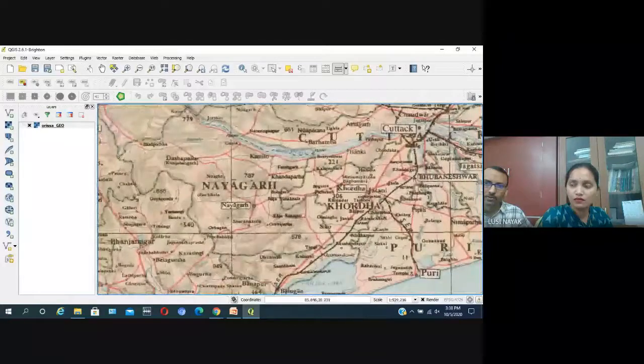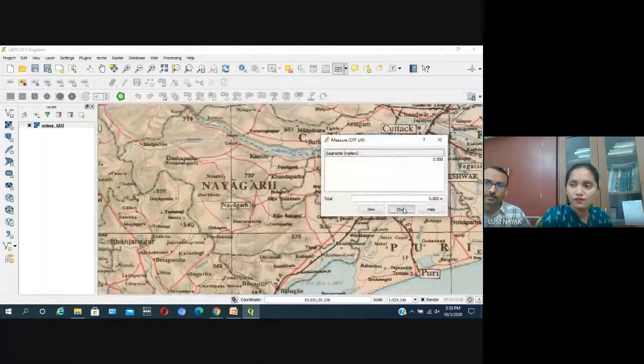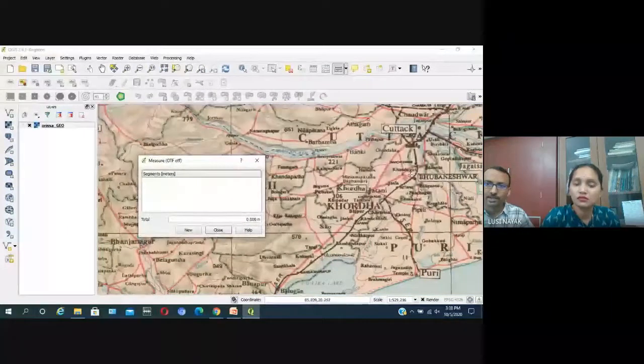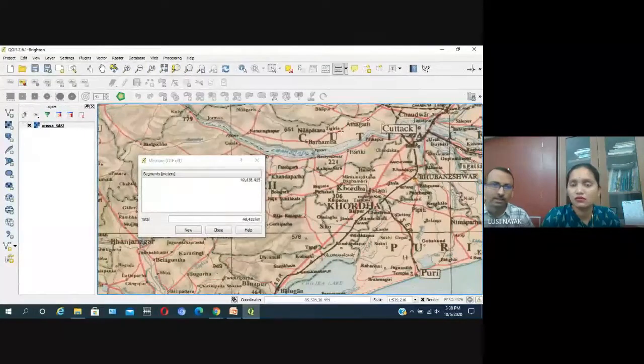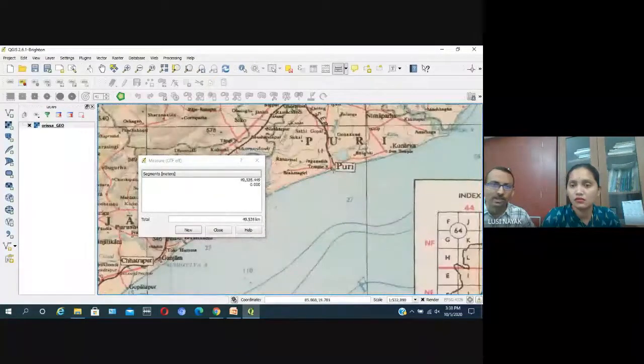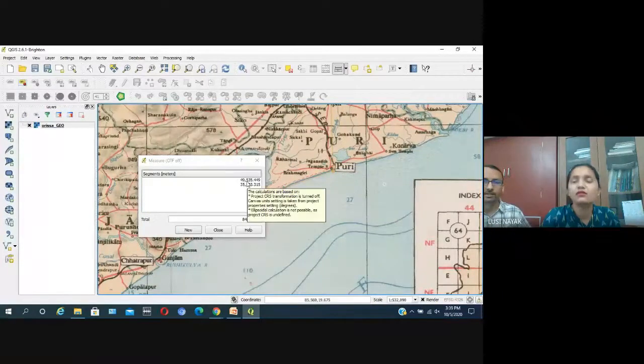Here is Bhubaneswar. Then measure line. Click on Bhubaneswar, then the next is Puri. Click on Puri. Now the distance is 50 kilometers, 49 kilometers. And end it here. Right click, end. Once you right click, the line will end.